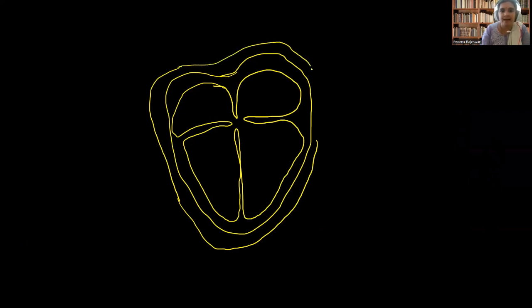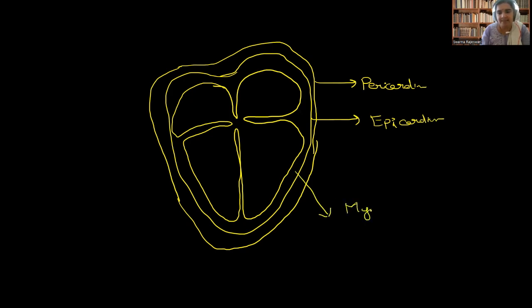So I am covering with pericardium. Okay. So this is our pericardium. And this is epicardium. And this is myocardium, which contains muscles. And this is endocardium, the innermost layer of the wall of the heart. And we know this is our right auricle, and this is right ventricle, and this is left auricle, and this